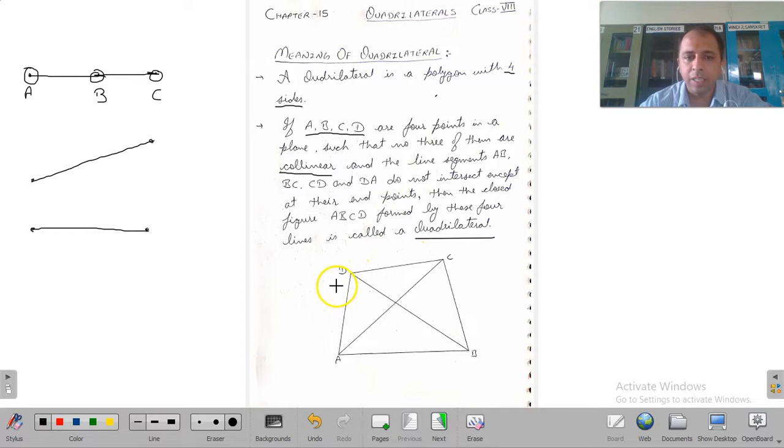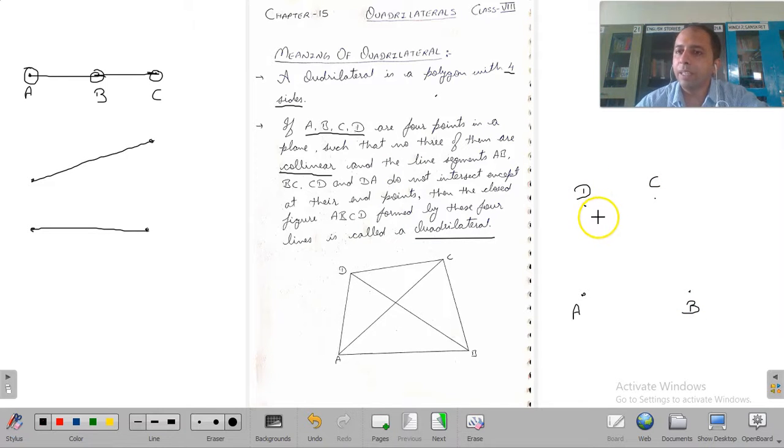Now let's apply this definition to draw a quadrilateral. You can see on this diagram that ABCD is a quadrilateral. Now let's draw one on our own. हम एक बार खुद quadrilateral बना के देखते हैं according to this definition that we have seen. So let's take 4 points: point 1, 2, 3, 4. According to the definition, no 3 of them are collinear. Let's name these points A, B, C and D.